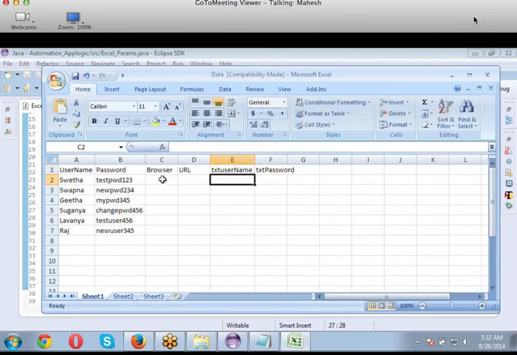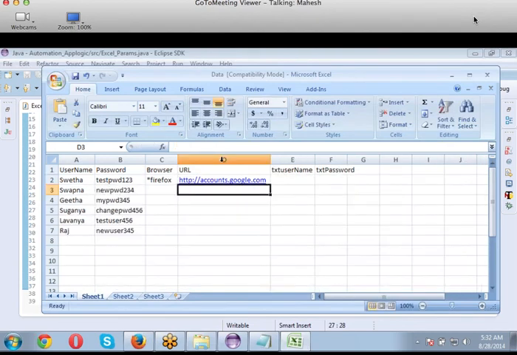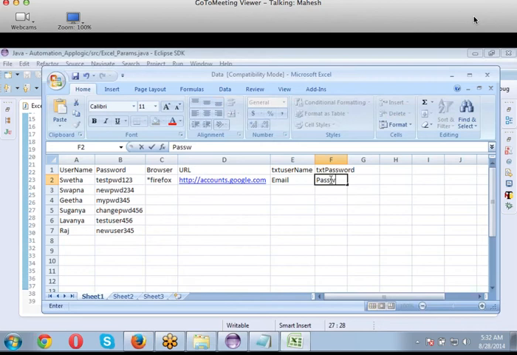So for my first user, I want the browser to be Firefox and the URL to be Google. My username text box name is email, and the password text box name is PASSWD.